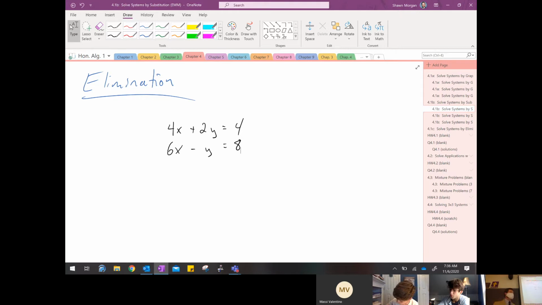Once both equations are in standard form, we're going to pick a variable to eliminate, to get rid of. Here's how you're going to do that. You're going to look ahead. You're going to channel your inner